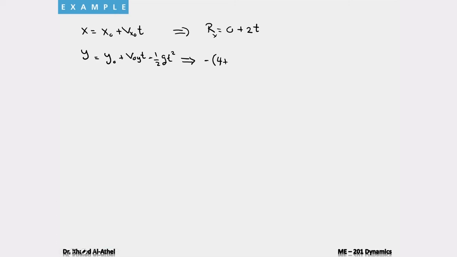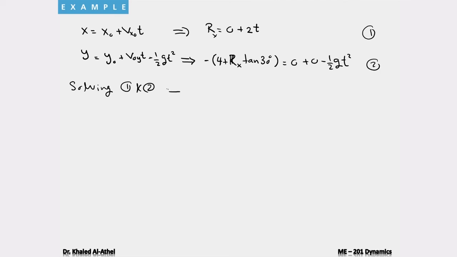So it's going to be 4 plus r x tan 30. Now, this should equal 0, the original location, plus the initial velocity in the y-axis, which was also 0, and then I end up with only the gravitational part, which is half g t squared, and g equals 9.81. Solving those two equations, let's call this 1 and this 2, solving 1 and 2 leads to t should equal to